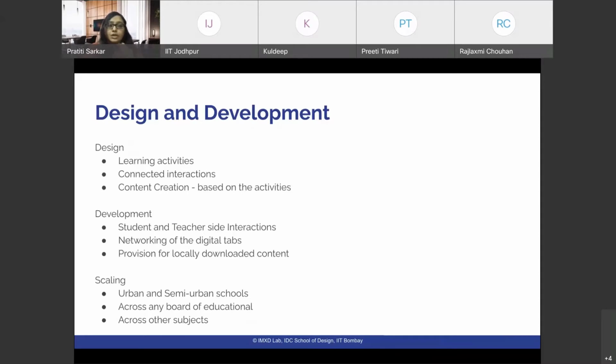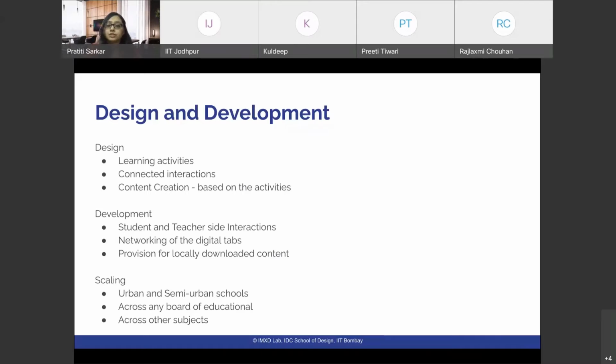And also, we were particularly looking into how the learning activities need to be designed with connected interactions, and how the content can be created in a very deliverable and simple form of understanding that can be conveyed to the students, and how the interactions can be brought forth between the teacher and the student using that technology in the classroom itself. So we wanted the teachers also to be equally a participant in the entire learning process,